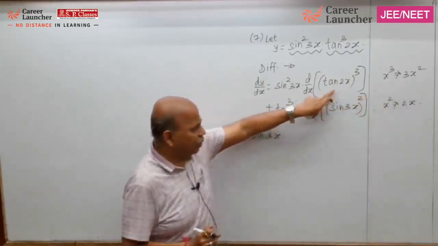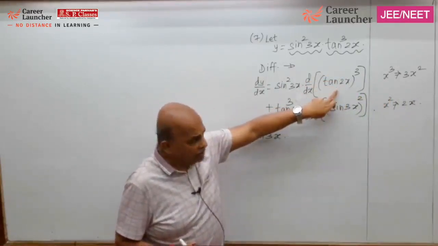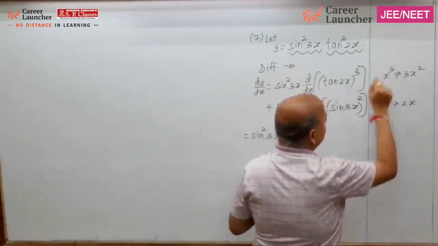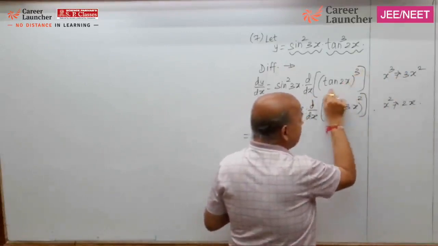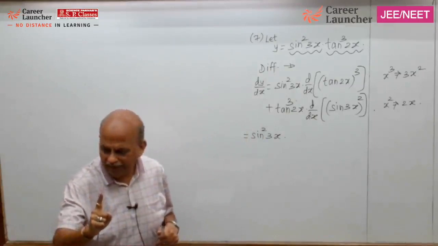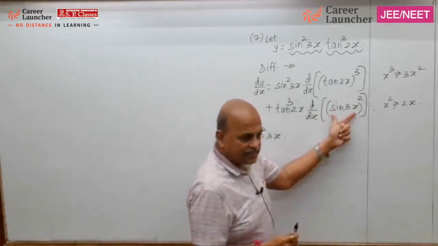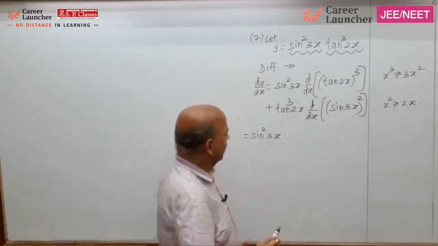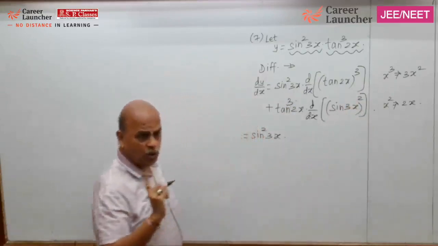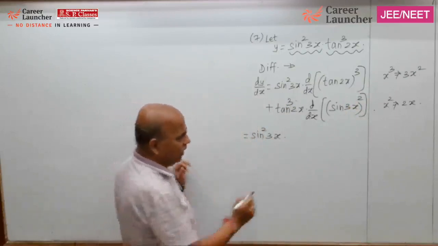So here we'll make use of the standard formula. Who will tell me, in tan 2x ka cube, what is the composite part? Tan 2x, right? Here x square, sin 3x is the composite part. You must know that. Sin square 3x as it is. This is the 7th question we are doing, so you must understand now. Come on, tell me. 3x square.